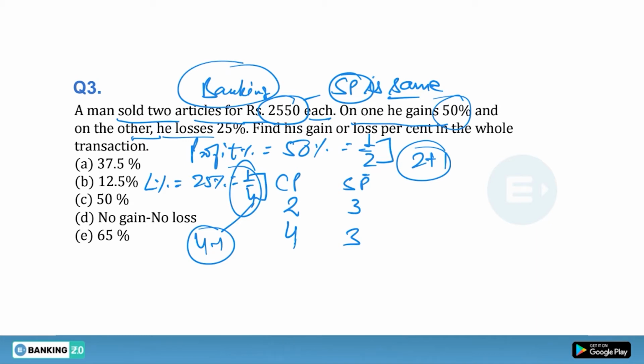Okay, so in this case CP is what? Denominator always denotes the CP, guys. So CP is 4, and 4 minus 1, that means 4 minus 25% of this value. Minus 25% of this value will be what? 1, obviously. So 4 minus 1 will be what? 3, and 3 will be SP. So 3 is SP1, and SP2, that means this 3, is same.